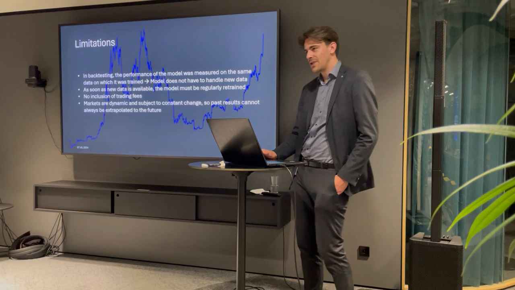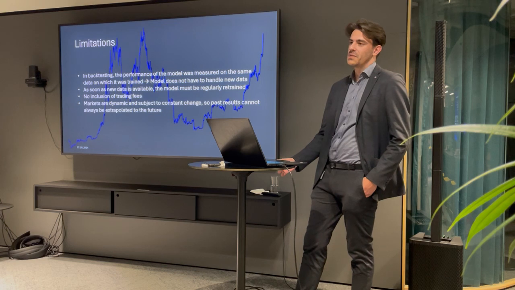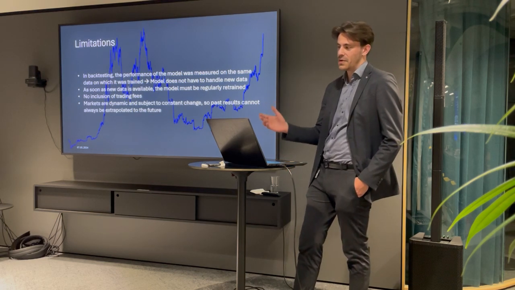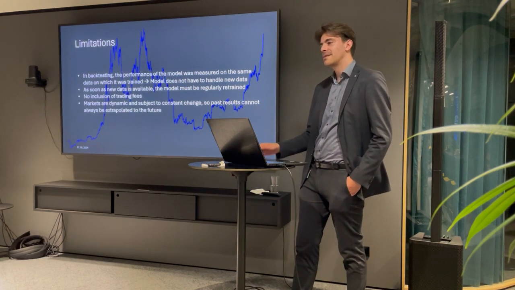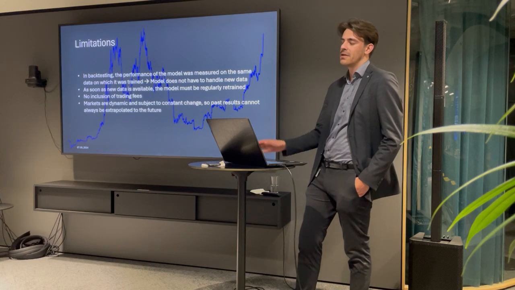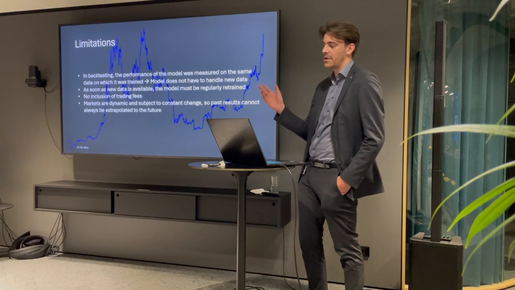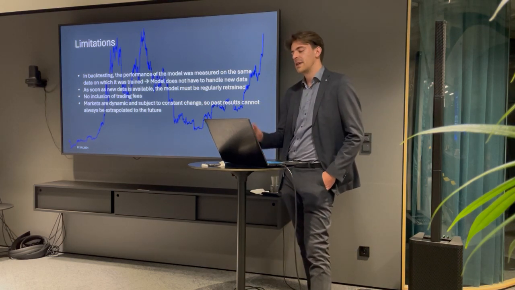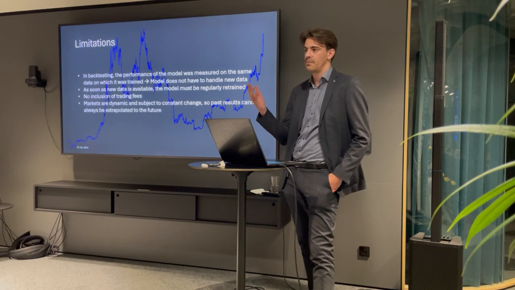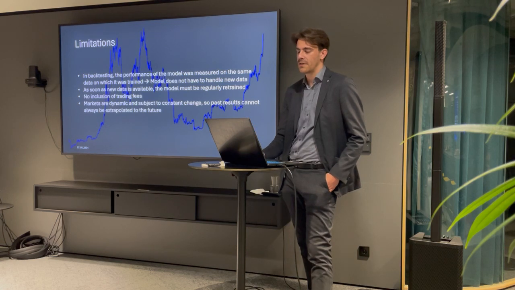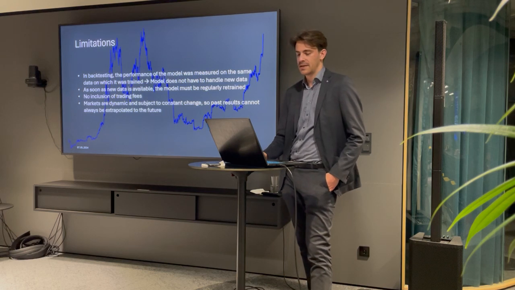There are several limitations, especially when it comes to the charts which I just showed you. The first one: the data wasn't split up. Normally you use a training data set and a test data set. In this case, I only used the training data set, so all of the data was known to the model, and therefore it was quite easy for it to predict the value. As soon as new data is available, for example when the market behavior changes, the model must be retrained, or should be retrained as often as possible, so that the model keeps up with the dynamics of the markets.